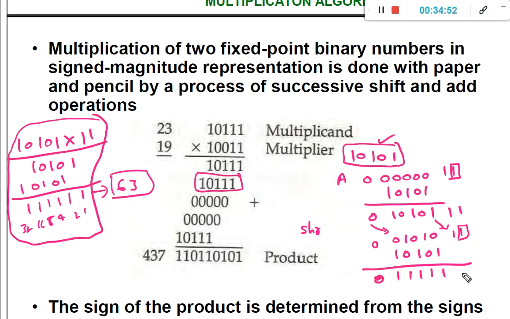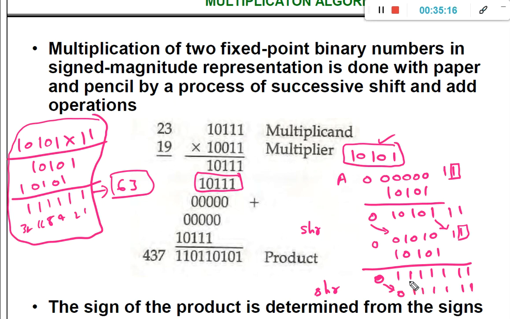So this will be 11. And what you need to do is perform the shift right operation. If you perform the shift right operation, then this 0 will come here, 0 1 1 1 1 1 1.